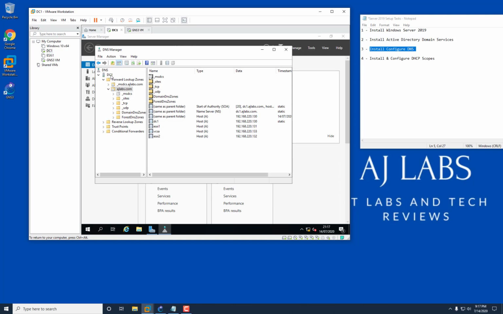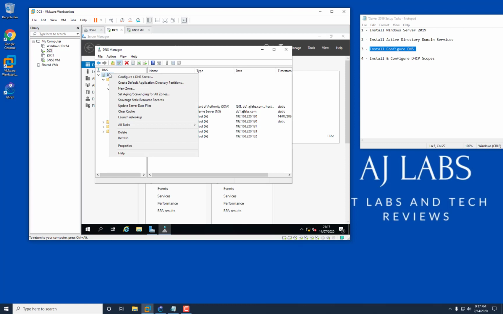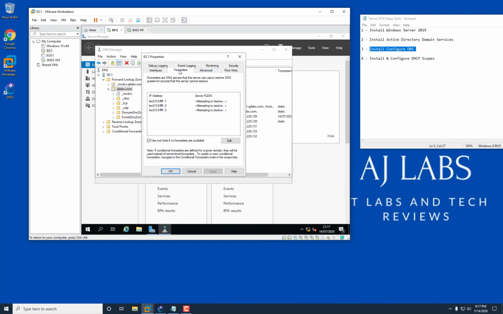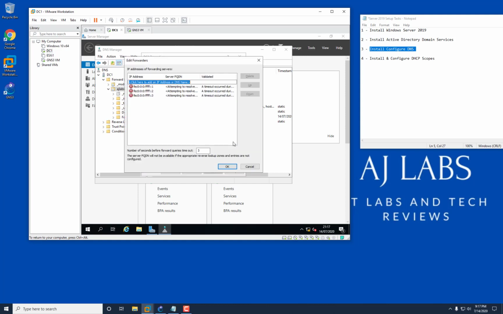What else do we need to do? So for my DNS server, let me just right click on here, go to properties. You want to right click on the actual server itself, properties, and then what you want is your forwarders. So for me, I'm going to edit my forwarders,